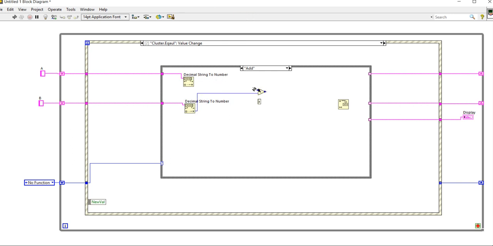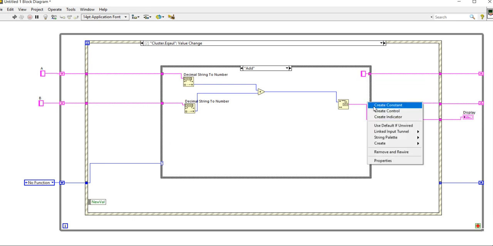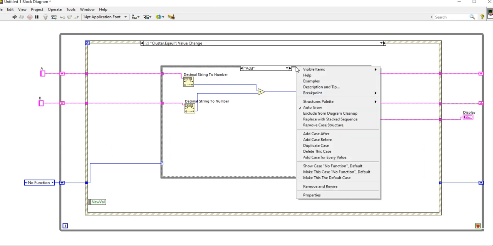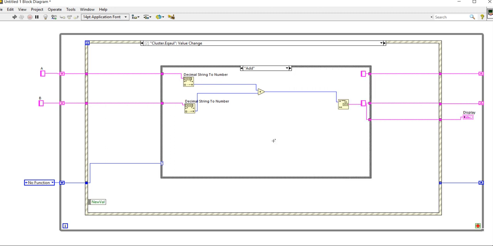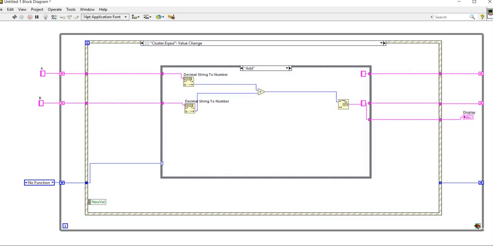Control B, create constant and create constant. After that right click here, let's try to check what is the case condition, create constant.